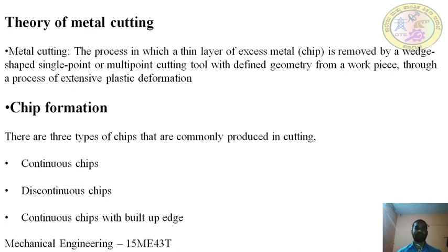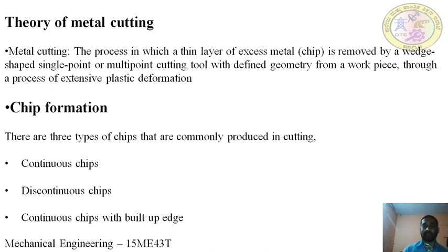So what does single point mean? It has only one cutting edge in action during the machining process. If the tool has only one cutting point in action during machining, that may be in a lathe machine or in the planer machine. Only one point cutting tool is there that will remove the material. Multi-point cutting tool means it is a combination of single point cutting tools. It has a number of single points, more than one cutting edge. That may be, for example, the milling cutter.